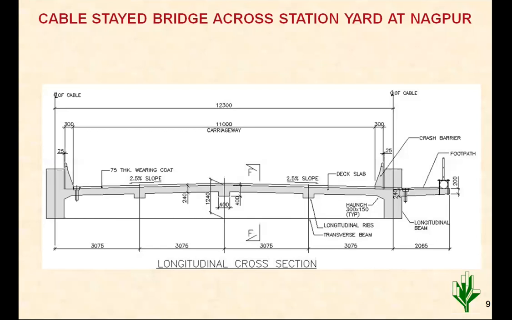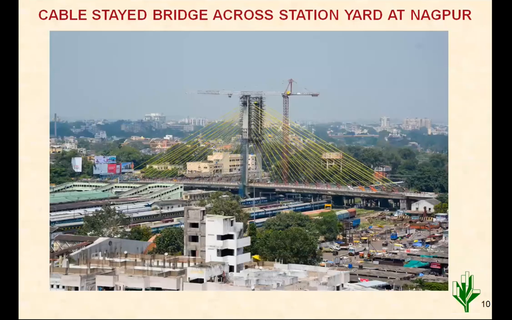So we can imagine that for a 112 meter span, the depth of superstructure available is 1.2 meter. There are the two longitudinal beams, and at each 6.3 meter there is a cross girder, and cables are put from these two main beams. The footpath is only on one side of each cable stay, so that is an unsymmetrical arrangement in the transverse direction also, and there is an unsymmetrical arrangement in the longitudinal direction also because of the span unequalness. This is a longer view of the almost completed phase 1 bridge.